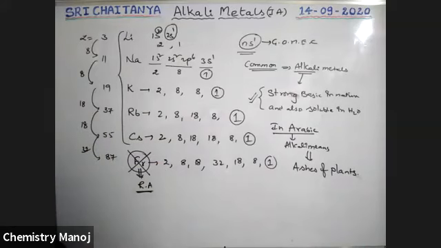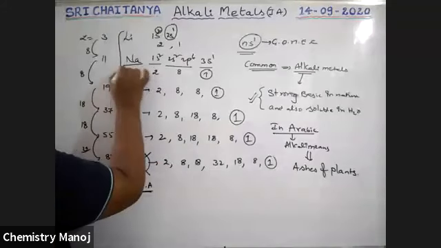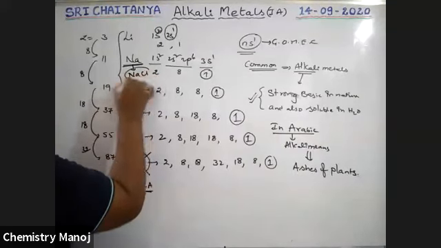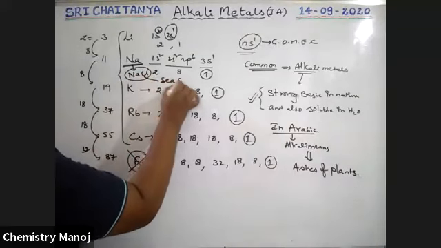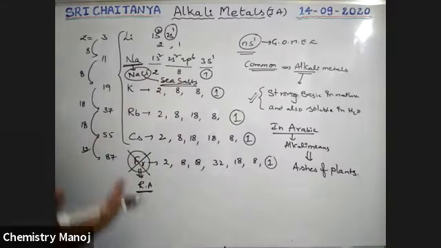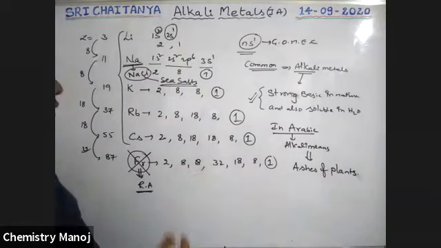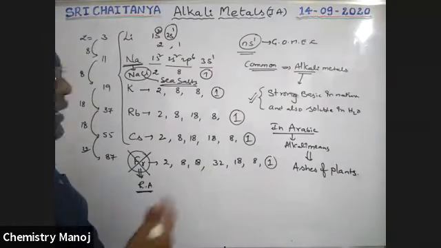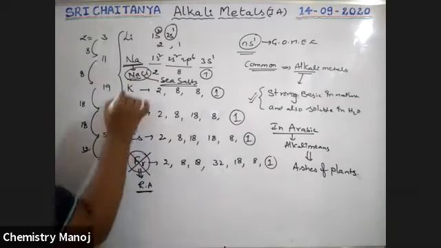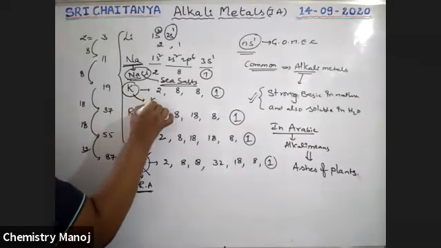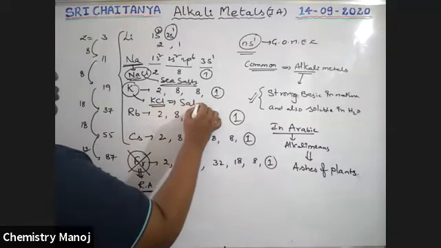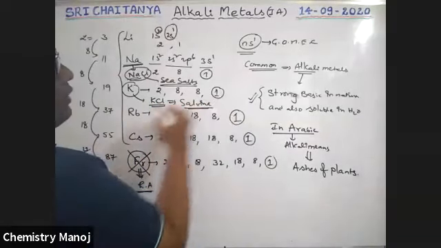Next, among these elements, sodium is mostly available in the form of NaCl, in sea salts. That means the salts available from our sea. So NaCl is the most important component; there our sodium is available in the form of NaCl. Next, potassium as KCl, it is saline. So it is a name.